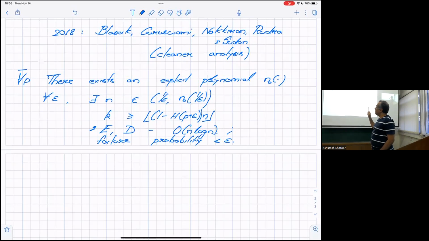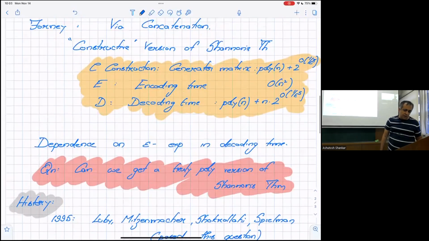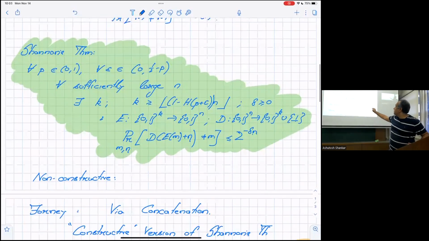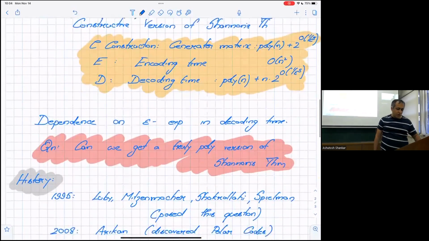It might seem this is not what we wanted. We wanted arbitrarily large n, and here we are giving you a definitive n in this range, and saying the n is not too large. So basically, I'm telling you at this point itself, the capacity is being achieved. Now you could just use this construction repeatedly. You could just break your input into chunks of this n, and do this. That might seem unsatisfactory, as it gets only a failure probability of epsilon, whereas Shannon's theorem and Forney had gotten 2 to the minus delta n. But we noticed that if you do concatenation,